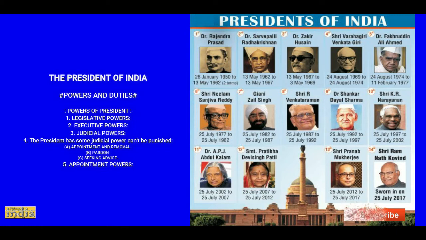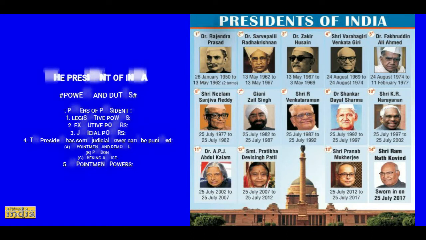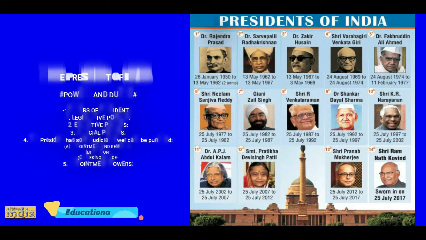The President has been empowered to set up a commission for the settlement of disputes relating to the supply of water between two or more states. Moreover, the Constitution has authorized the President to establish an interstate council to inquire into disputes that may arise between the states, as well as to discuss the matters of the common interests between the Union and the states. The President alone can remove the Council of Ministers, the governors of states and the Attorney General for India.